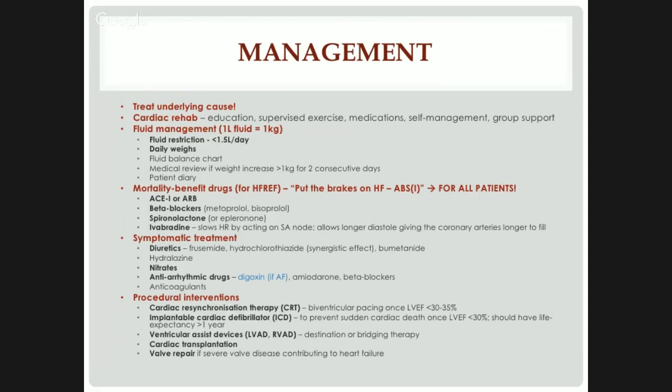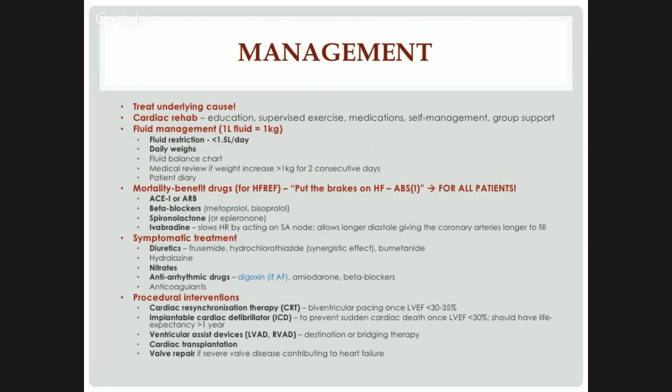It's probably more likely that they've put on 3 liters of fluid. So they'll have peripheral edema to correlate with that. So they need to weigh themselves daily, and most of these patients are restricted to 1.5 liters of fluid a day. Drugs. People struggle to remember these, but the way I was taught is, you guys all know ABS is